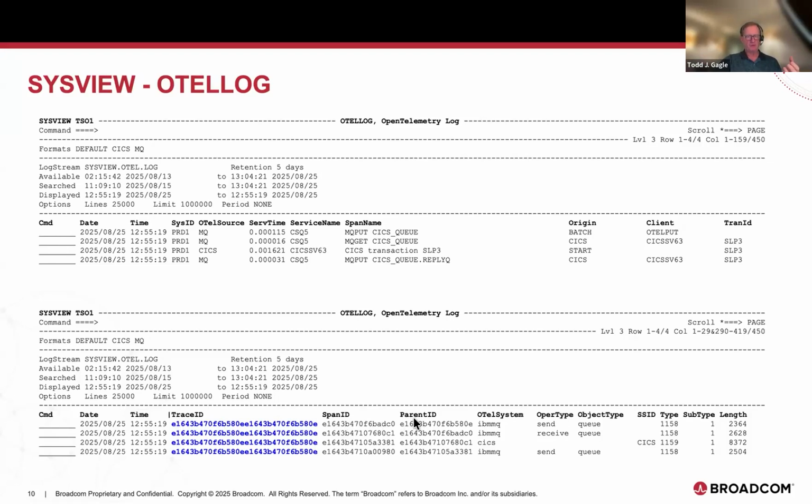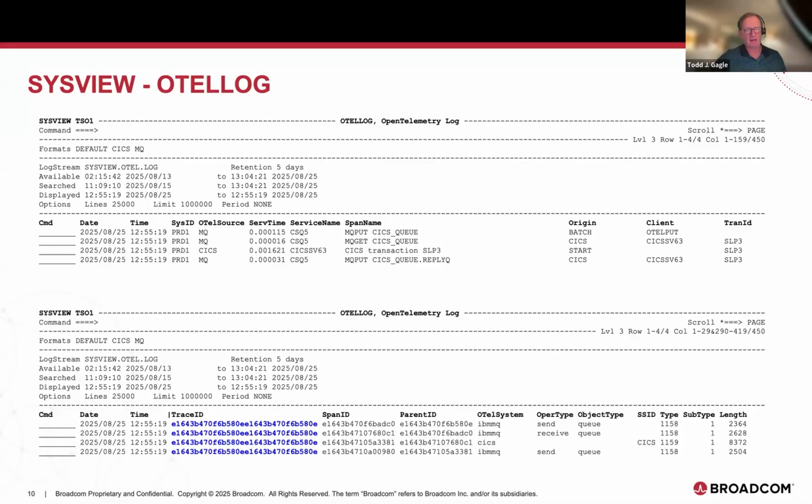And then you can also see who the parent was. The parent here is kind of outside of our scope, but on the second line down, you can see here's the new span for the get of the queue, and its parent goes back to this span ID, and so on and so forth. So you get an idea of what the data is that's flowing through your system. Even when it gets to your OTel collectors, it's great that it did it, but you probably have no visual reference of what actually happened or what these things look like.